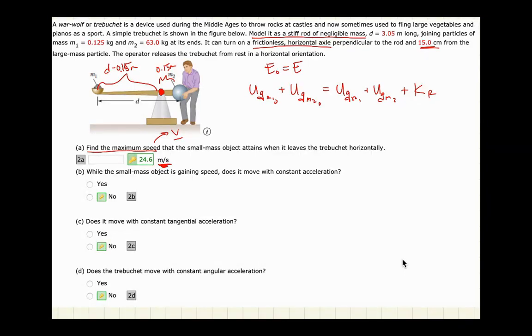Now, the question that we need to ask ourselves here is what's going to make this the easiest to solve as far as where we're defining height 0. So remember that position is always relative, and so you can define height 0 as whatever you want. My recommendation for this problem to make it as easy as possible is to set the initial height as height